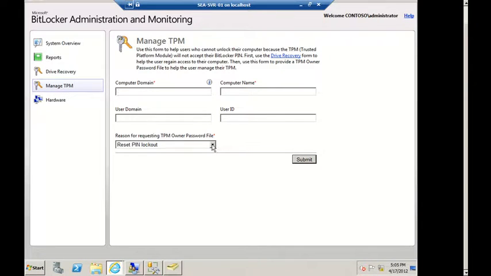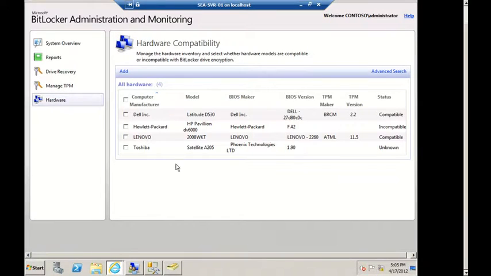So you don't see TPM lockouts often, but if you do, we have a solution to actually manage that. Okay, here's the hardware feature. Hardware comes in and reports itself. If you have this policy turned on, we will report the hardware. The hardware can come in, and then again, you can select this, and say, once you've tested that, I can